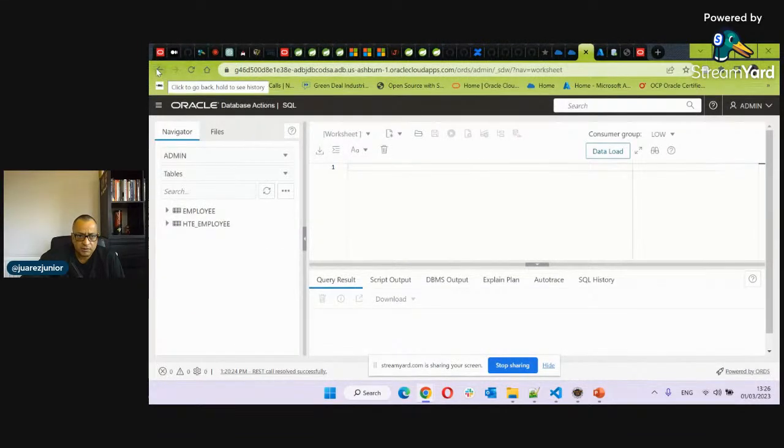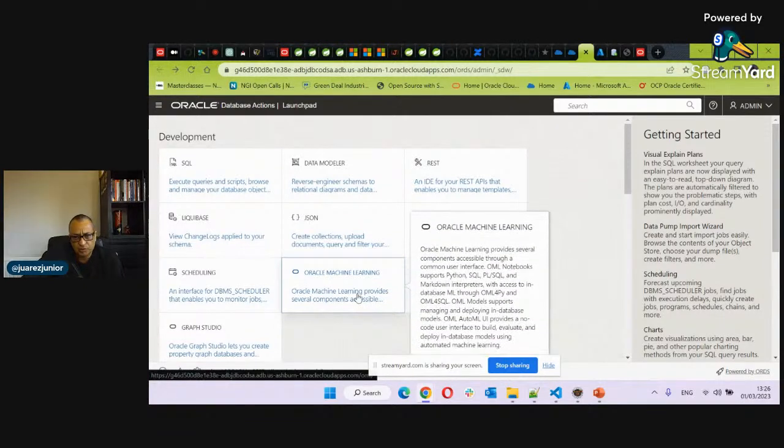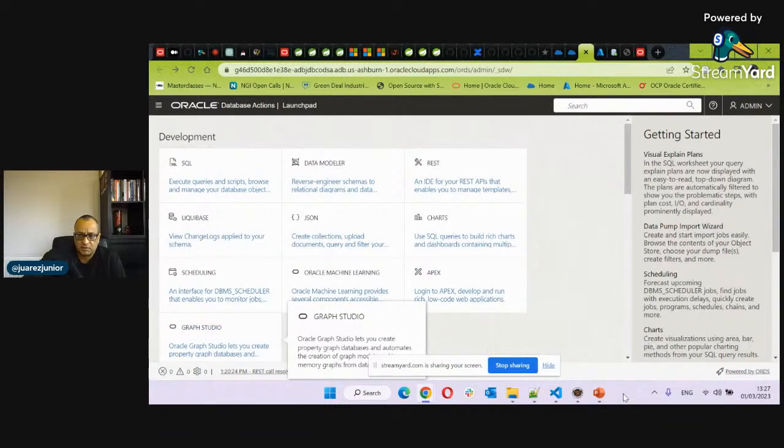Okay, so if I come back here, you can see that you can also model a database here. As I said, we have Oracle machine learning here, so you can do Python notebooks. You can create charts. There's a graph studio here if you want to run graph databases. And that's the nice thing with the Oracle database, because you don't need to have several different disparate databases for